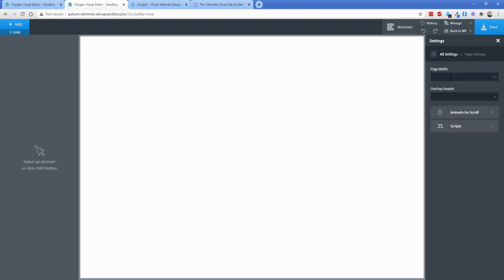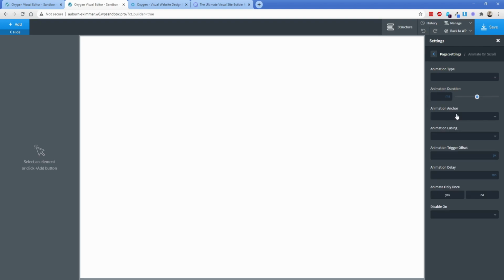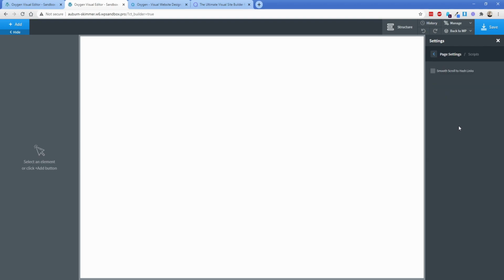So we have a couple of things. You have your page width, which is basically inherited from your global width if you haven't already set that. You have the overlay header for this particular page, whatever options for the overlay header you want. Animate on scroll, so if you have hash links or you want to create animations as you scroll, you can do that. And then the scripts is the smooth scroll. So if you have a single page site with hash links in the menu and it scrolls you down smoothly